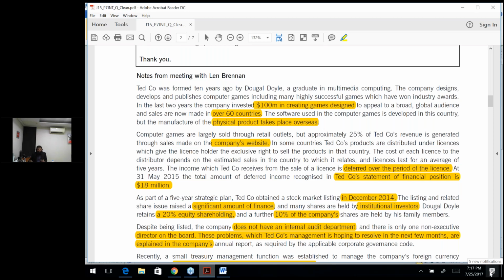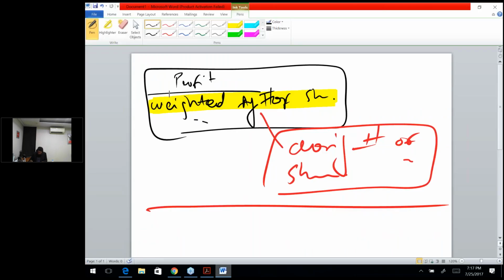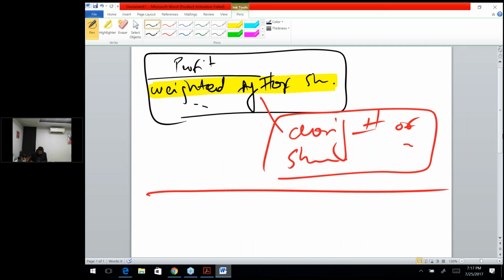Wherever you see any number, just calculate the materiality. Like if I see over here, I'm seeing a number of 100 million has been invested in the design of the games. So I could probably say that 100 million divided by total assets can actually give you the materiality of this amount, and when you calculate it, you will get half a mark or at times 1 mark also.